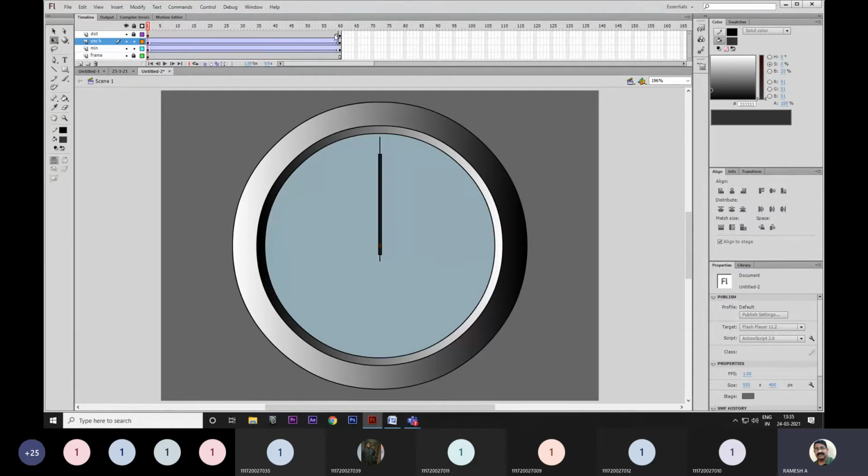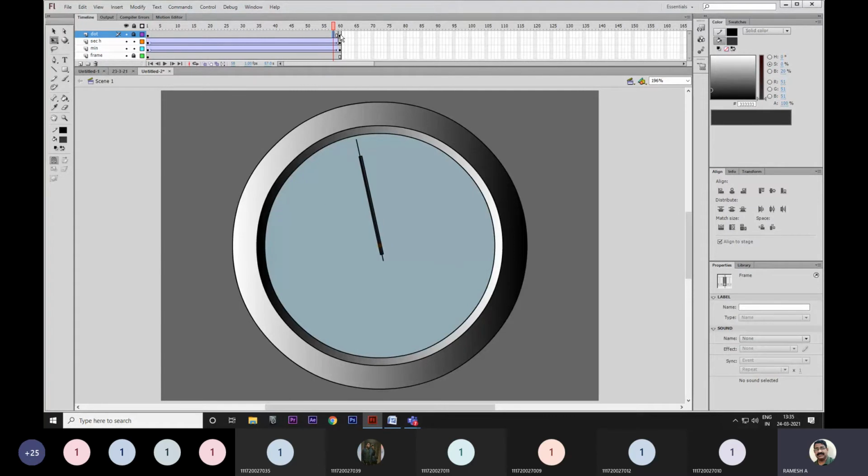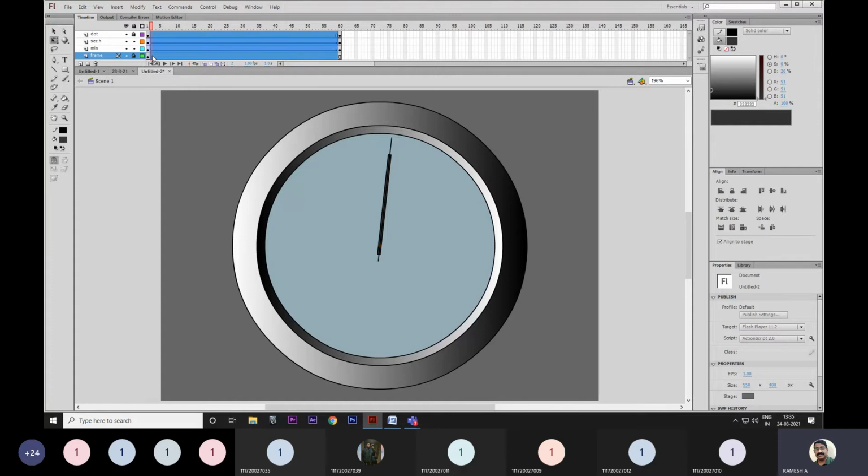Okay. For that, I'm going to select all the frames. Totally I have taken 58 frames. I have to press F5 60 times.